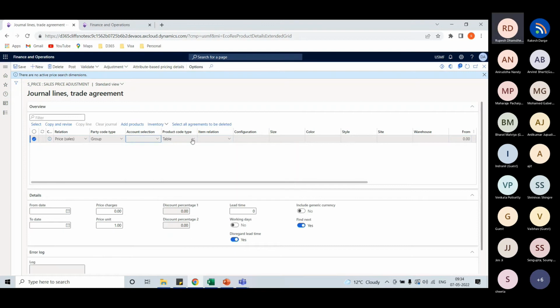Okay. Then as a part of sales price, the system always requires a table as the relationship to be selected over here. Why? Because you cannot set up the same sales price for all the products. So that's why, by design in the system, you can always select table over here. So the system will not allow you to select a group or all when you are defining a sales price